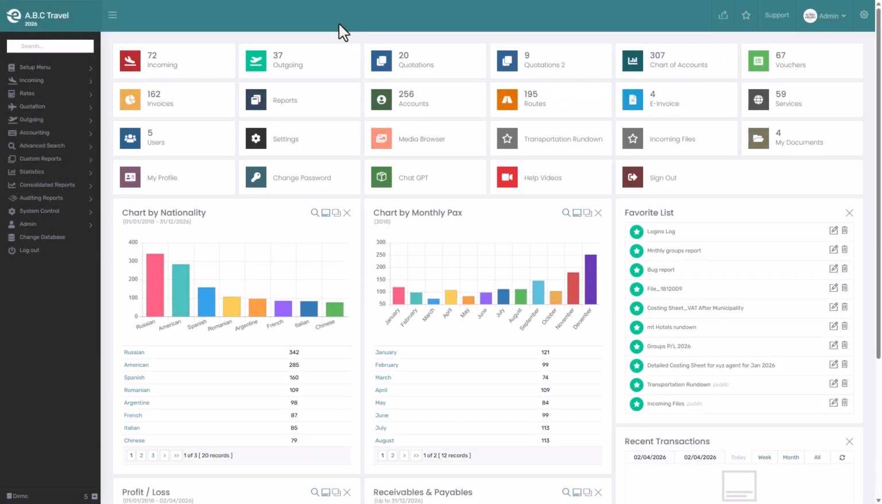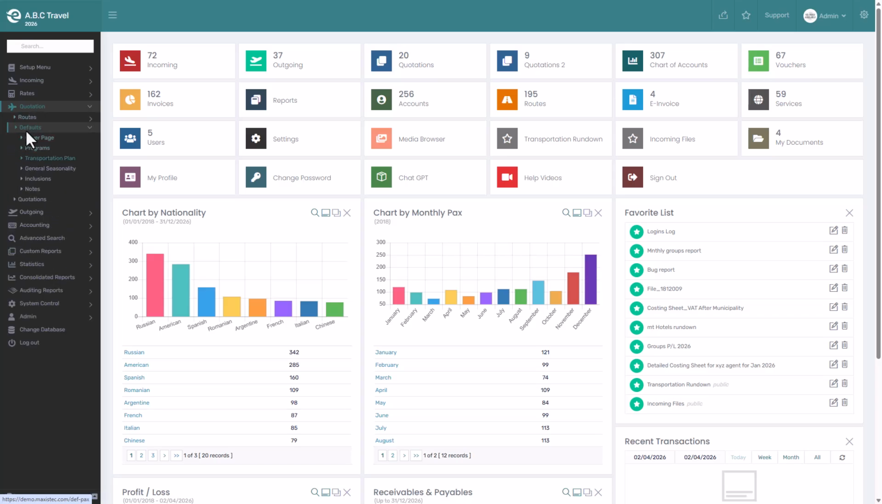Hello and welcome back. In the previous video, we explained default programs. In this video, we will explain the default transportation plan. To access the default transportation plan page, go to the left-hand side menu, click Quotation, then Defaults, and select Transportation